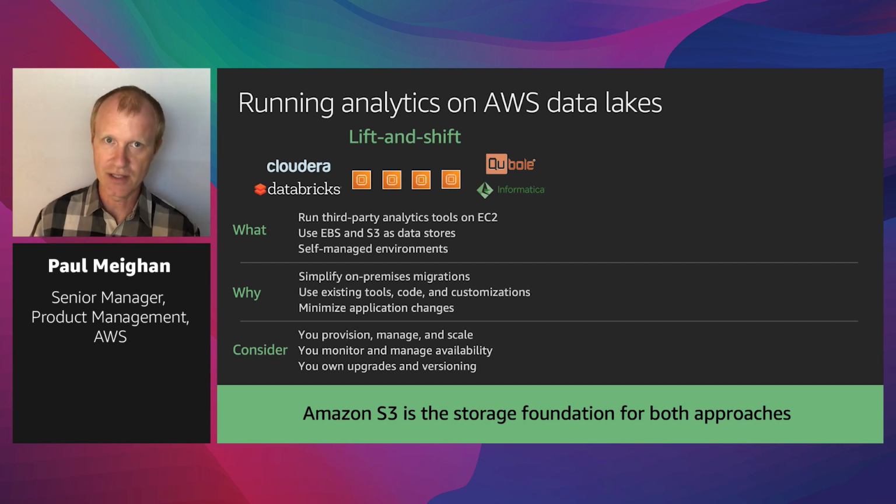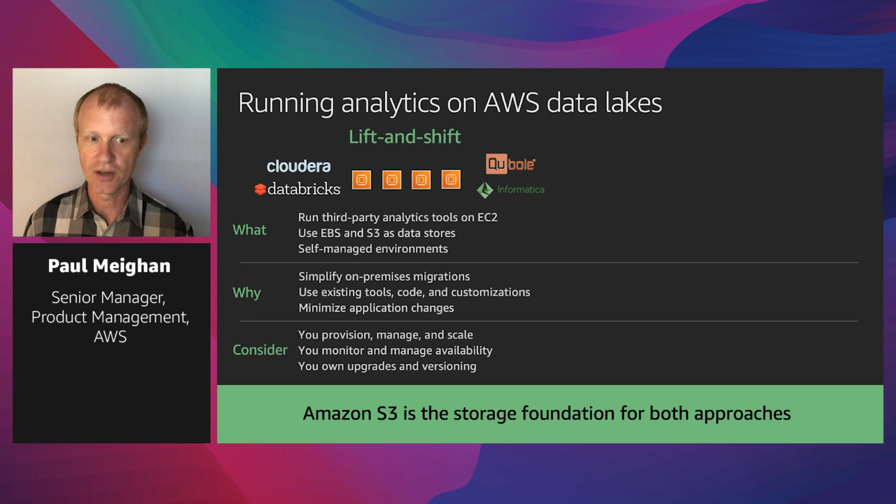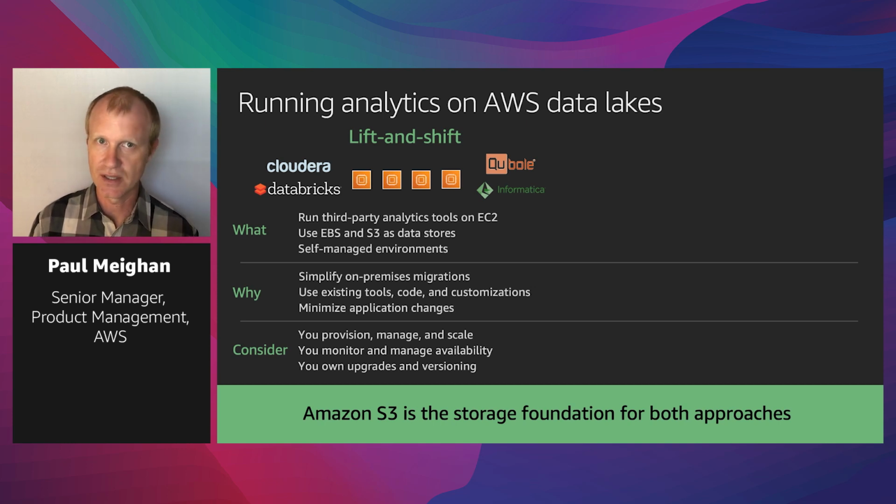We love these partners. We do a ton of work with them. We're always on the phone talking about these partners. Customers get a lot of value with this lift and shift method. And the benefit is, if this is what you were doing on premises, it's a quick jump into S3, using the same business processes and analytics capabilities that you had on-prem, just realizing the power of